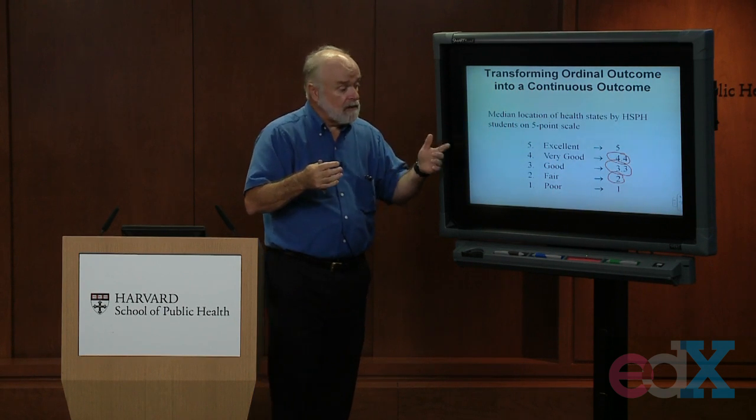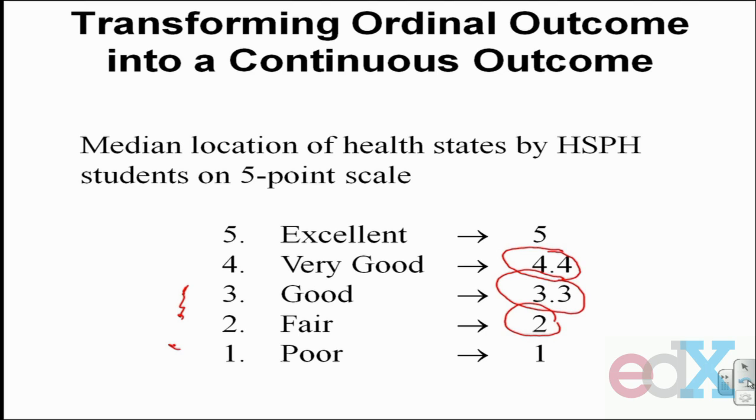Meaning that if we were going to use individual answers to people's responses to these questions, if I gave this question, how would you rate your health? Excellent, very good, good, fair, and poor. And I wanted to report an average health state for that group of people. I'd have to use numbers that represent both order and distance. And my students at least suggested the numbers I should be using are not the consecutive numbers 1, 2, 3, 4, and 5, but numbers 1, 2, 3.3, 4.4, and 5,